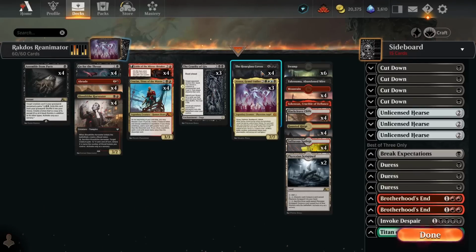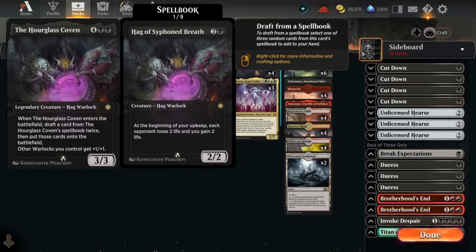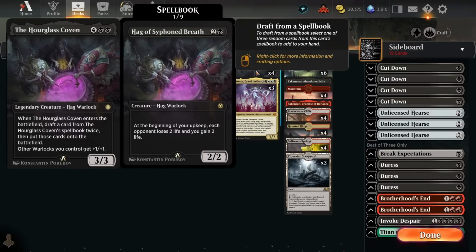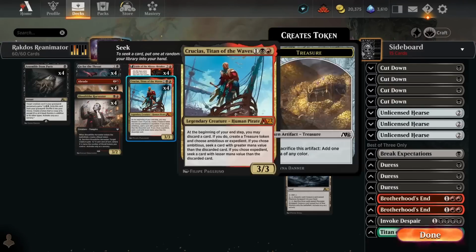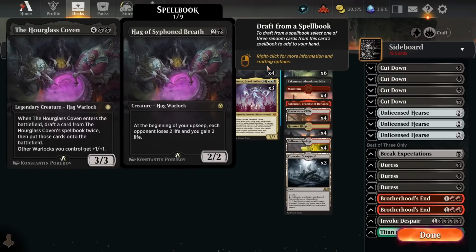Now it might look a little bit weird that we're running 4 Coven, 3 Atraxa, when Atraxa is definitely the more powerful of the 2, but the main reason why I really like 4 Coven is just that it's really hard castable in this deck, particularly because we're creating treasures of Fable and Crucius. It's very easy for us to just hard cast this on turn 5, which is really important because one of